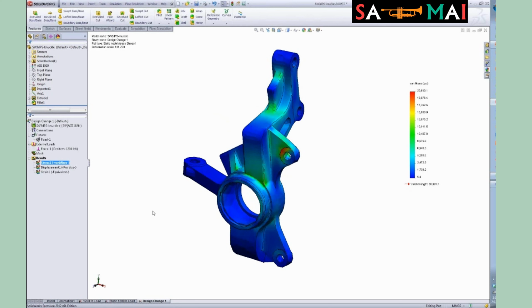The last thing that I want to show you is, what if we want to change the material? We like the cut and we like the fillet, but we want to change the material of the structure. Instead of starting a new study and duplicating or pulling over those already existing boundary conditions, I'm going to duplicate the entire study. So I can change this to Design Change 2, and from doing that,